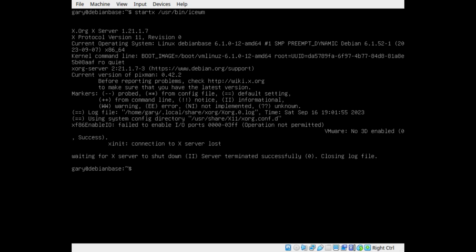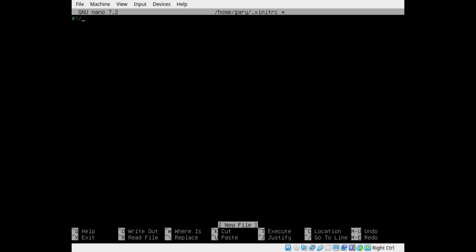How can you force which window manager you want to run if you've got more than one installed? Well, there's a file that you can add to your home folder. It's called the xinitrc. So what we do is sudo nano and then the tilde symbol /.xinitrc, and this is a standard shell script,